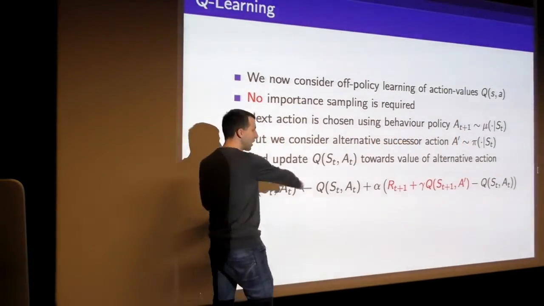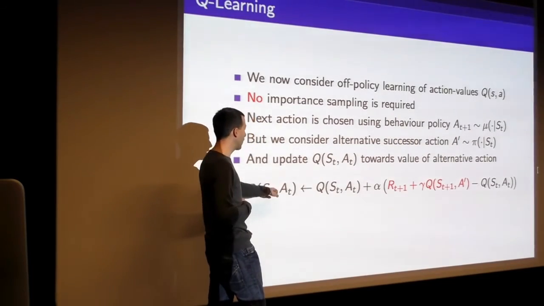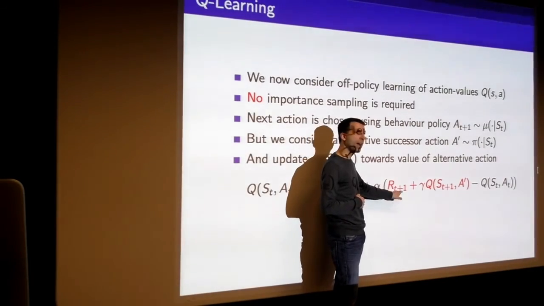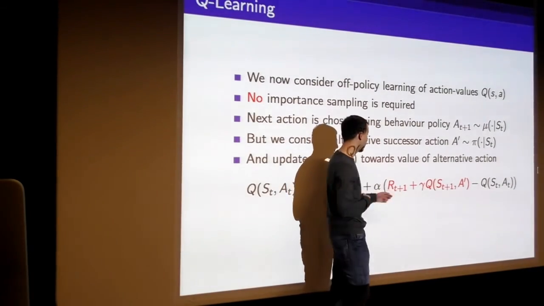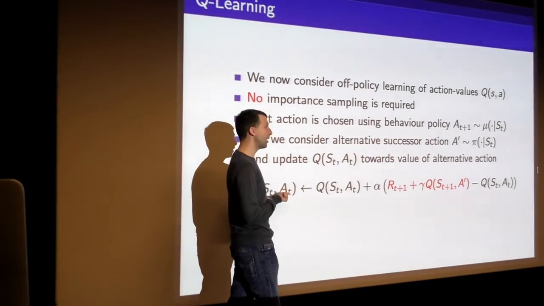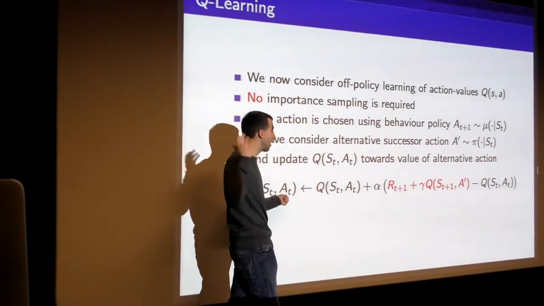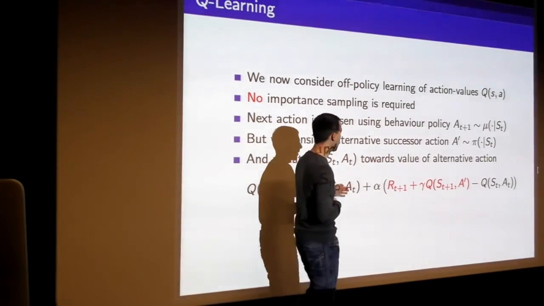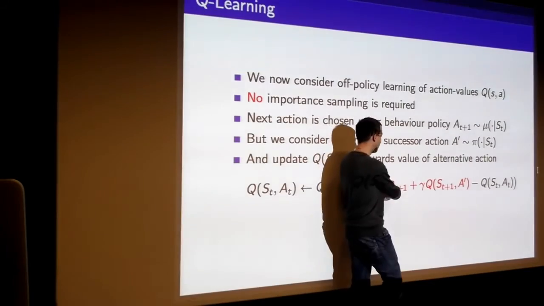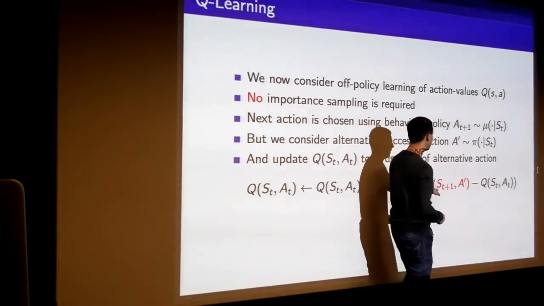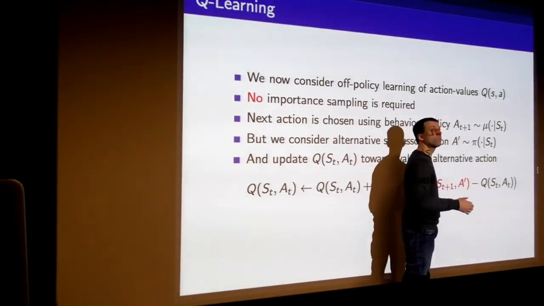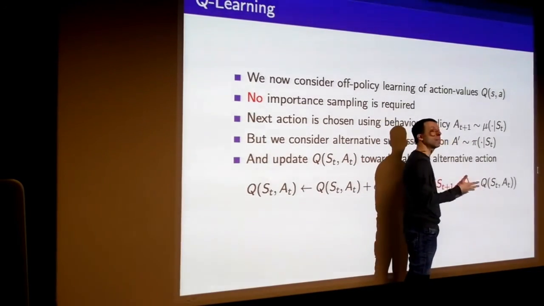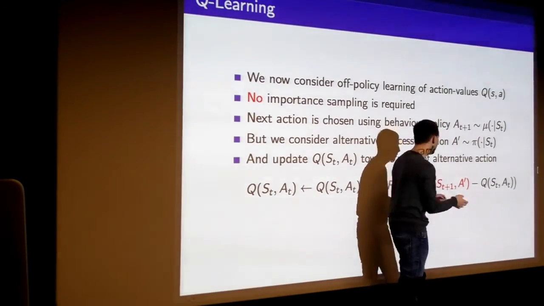So it looks a bit like this. We now replace our SARSA update, where we have our Q value for S and A being updated a little bit in the direction of the reward that I actually saw. So I was in this state, I took this action for real, even though it wasn't the one that I would do now. It doesn't matter, we're just asking how much value would I get if I took that action. I'm going to update it a little bit in the direction of the reward plus the discounted value of the next state of my alternate action under my target policy. This is what would have happened if I was really following the policy I care about. So this is a valid update.